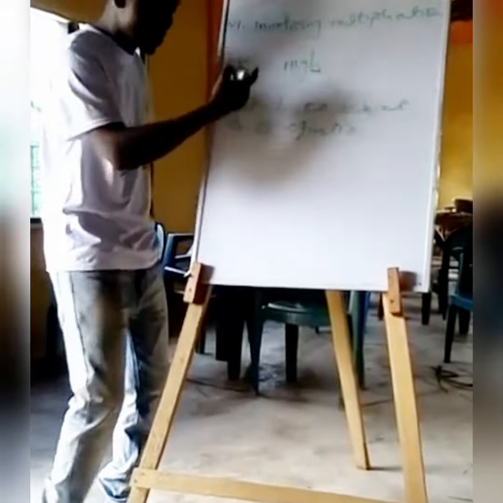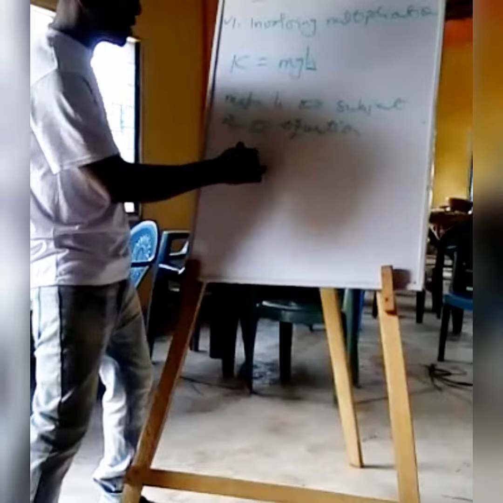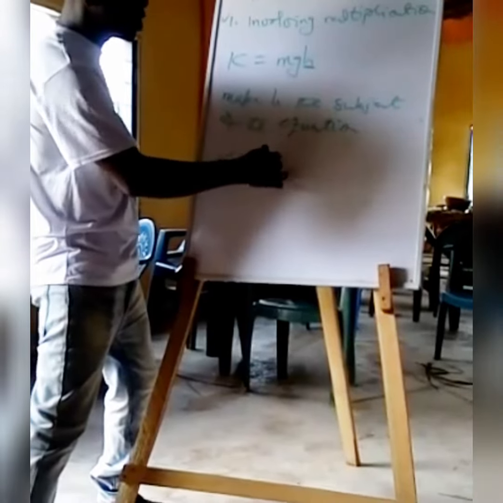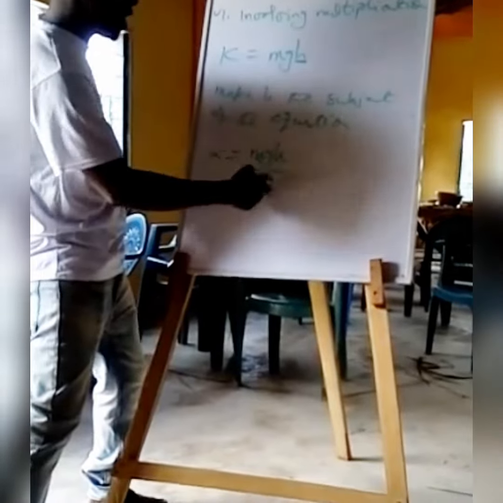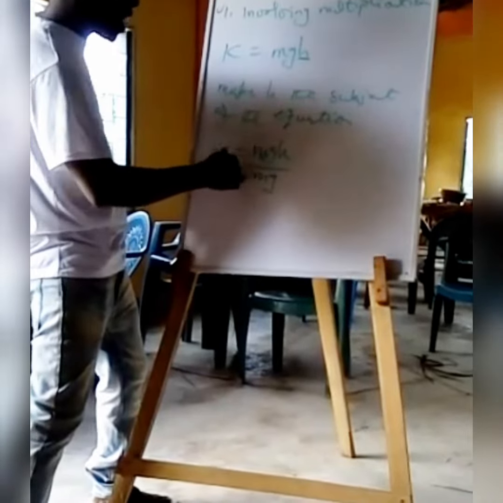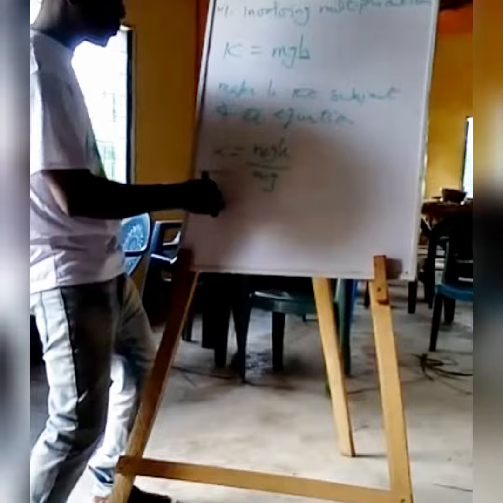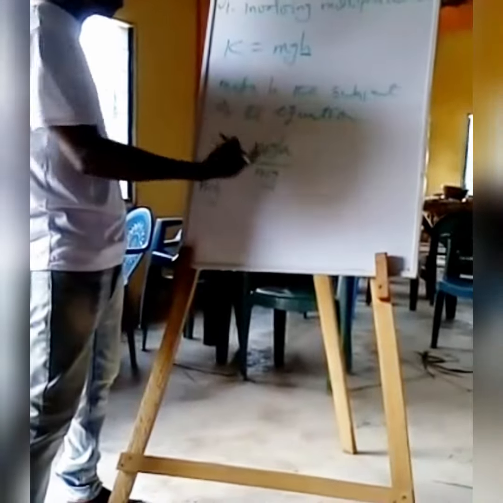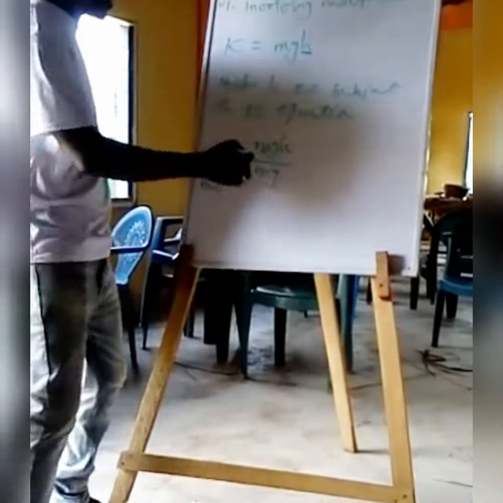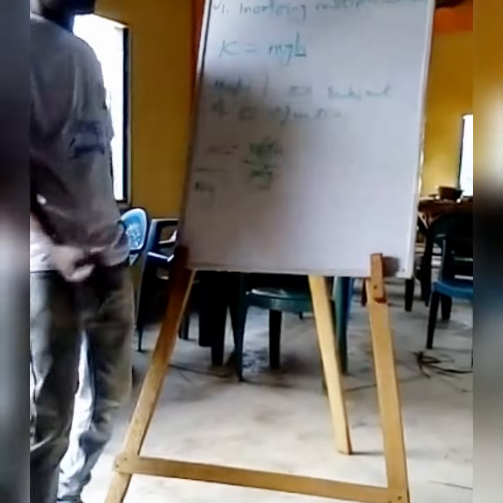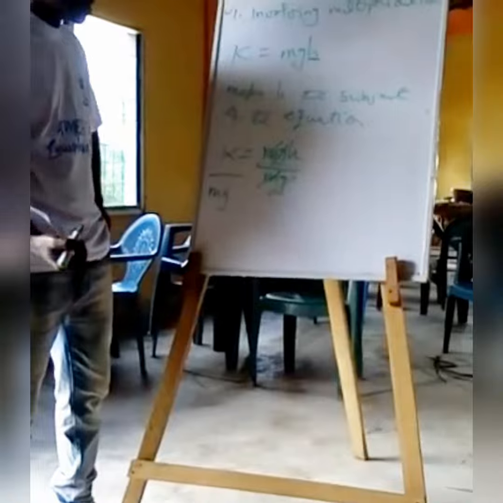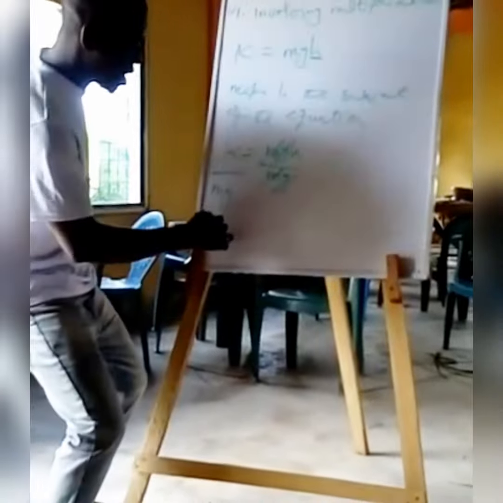So this becomes K equals MGH divided by MG. You divide the right side by MG, and divide the left-hand side by MG. Whatever you do to the left, do the same thing to the right. So M cancels M, G cancels G. Now you get your H that you want to make the subject. So I can say that K